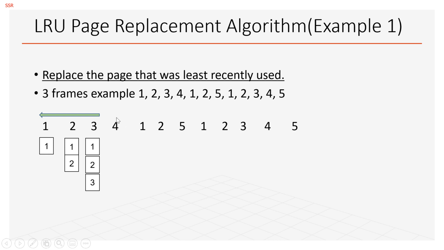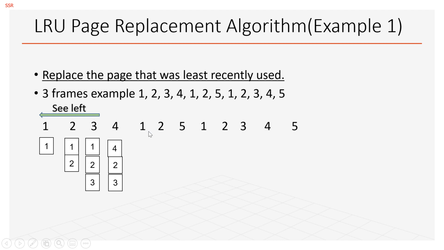Now, when the processor requests page number 4, we have to see which pages were least recently used. That is, the first priority page which is used is 3. So 3 will be kept in the main memory. Then we have 2. And the least recently used page is 1. So the remaining frame in the main memory will be replaced with page number 4.